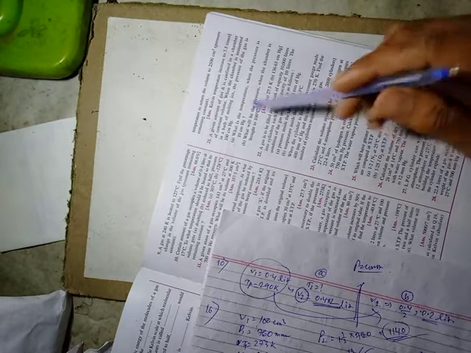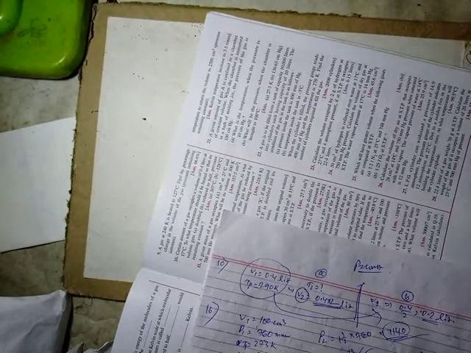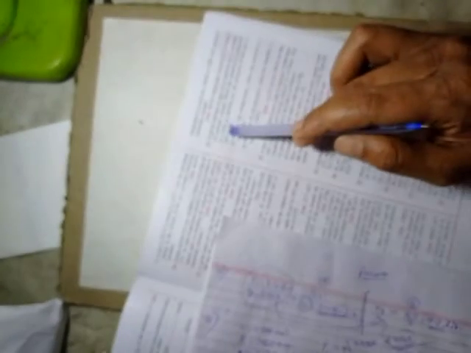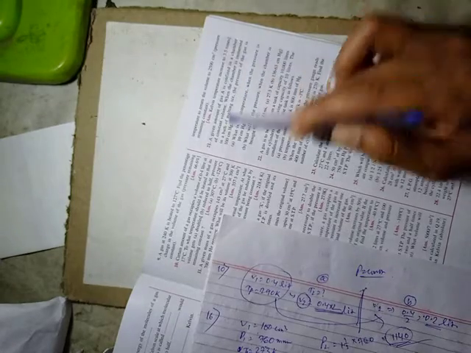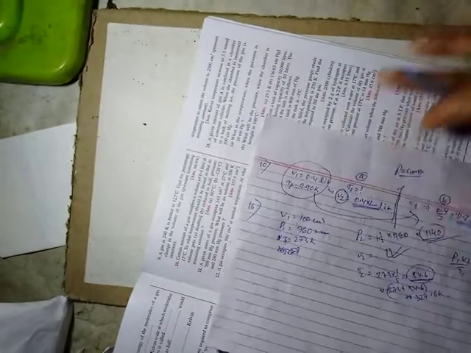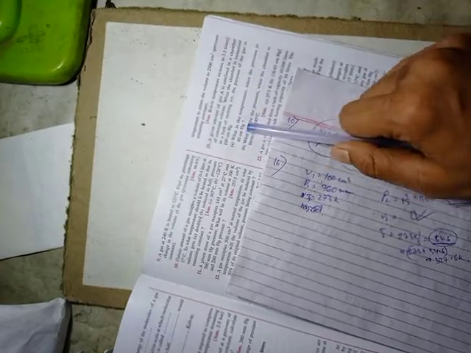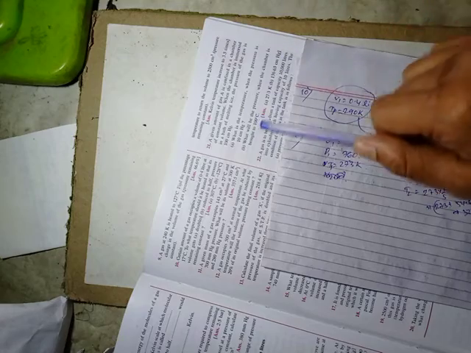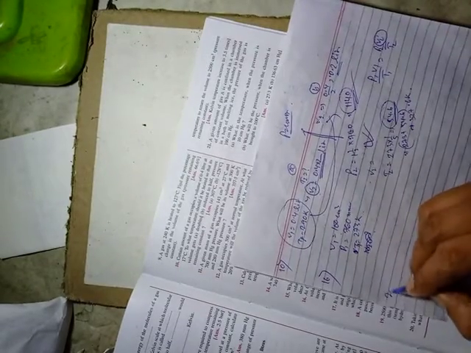Students, read the numerical. A given amount of gas is confined in a chamber of constant volume. When the chamber is immersed in a bath of melting ice, the pressure of the gas is 100 centimeter of Hg. What will be the temperature when pressure is 10 centimeter of Hg? What will be the pressure when the chamber is brought to 100 degree centigrade? Very beautiful question.